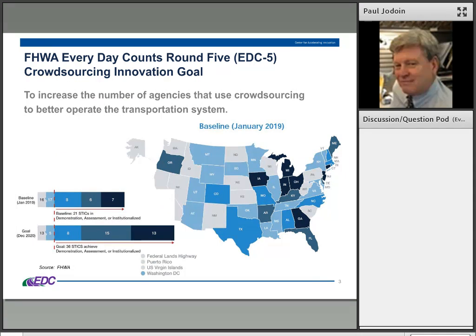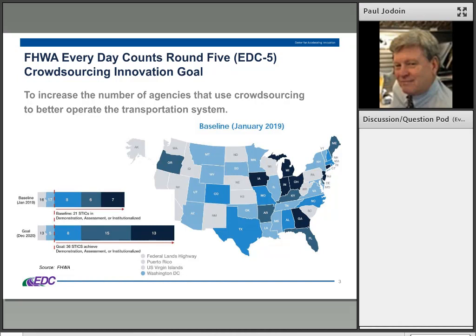So I just want to give a quick overview, in case there's anyone on here that doesn't understand what Every Day Counts is and what the goal of this initiative is. This initiative is intended to increase the number of agencies that use crowdsourcing to better operate the system. And I apologize for reading that off the slide, but it actually should say a little bit more than that. It should say that